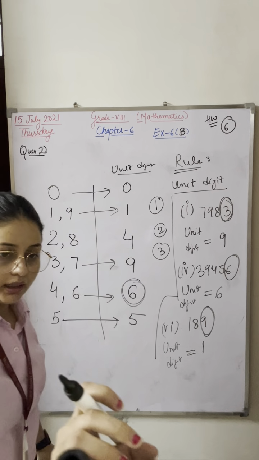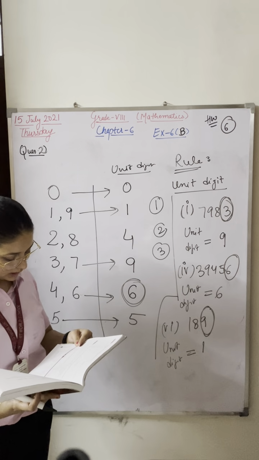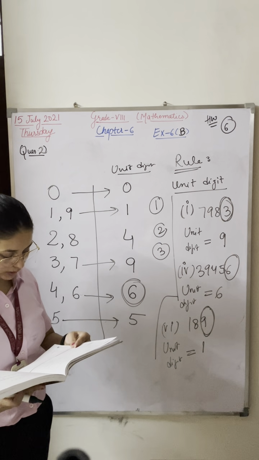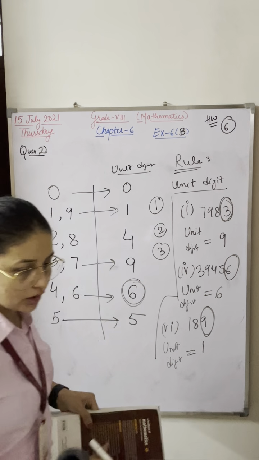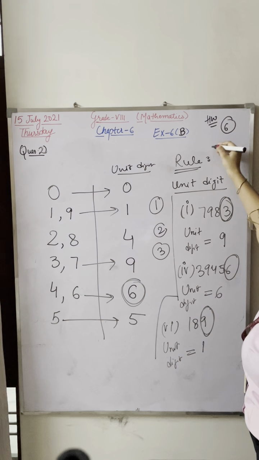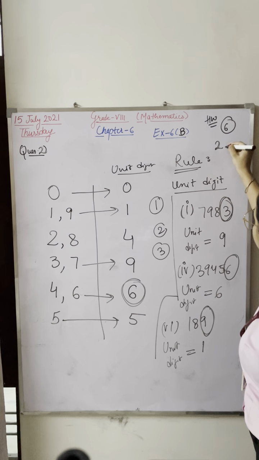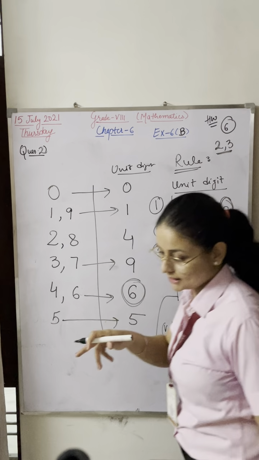Okay, now let me check the time. Your time is about to be over. So question third and question fourth. Can I give you a hint of question third? Today I am giving you question 6 for the homework of the previous exercise. Question 1 I have done. Question 2 and question 3 I'll give you. Just wait.